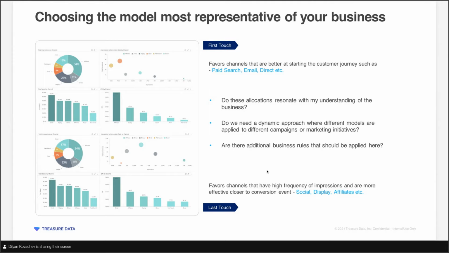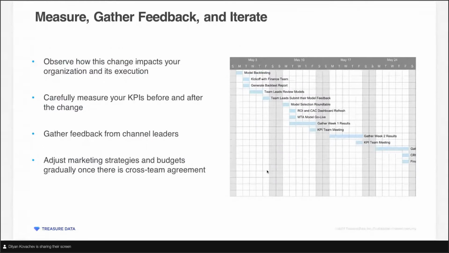So this is where it's art and science. This is where business people and marketing teams come in and apply their industry knowledge, their inner knowledge of the business, of the product, what they've seen historically, and make a judgment call. Now, let's say you try this model on your data, you get some insights, and now you have to have some internal conversations on changing budgets, which could be difficult, or shifting strategy, which sometimes involves different teams that are in control of budgets and strategy.